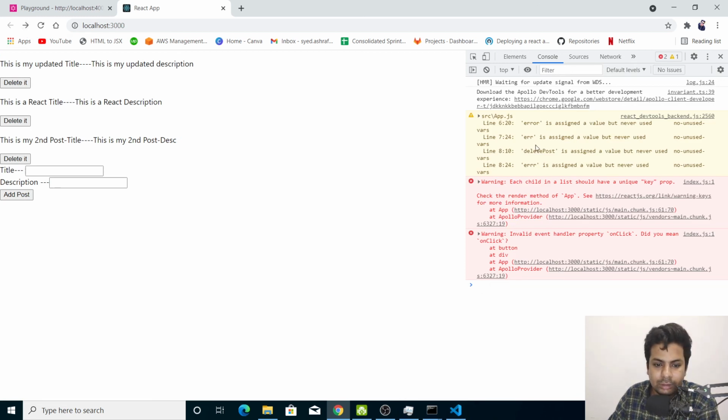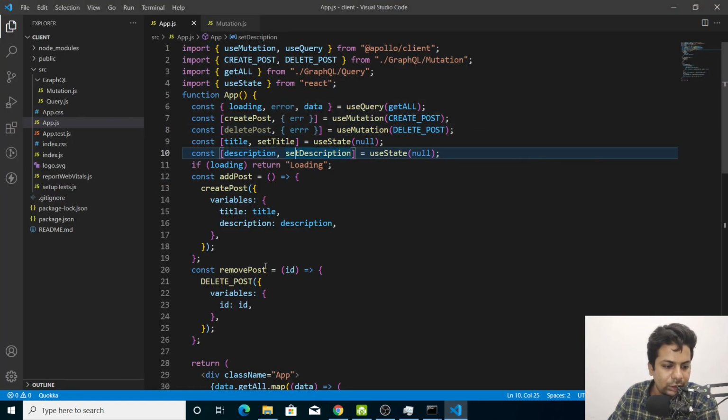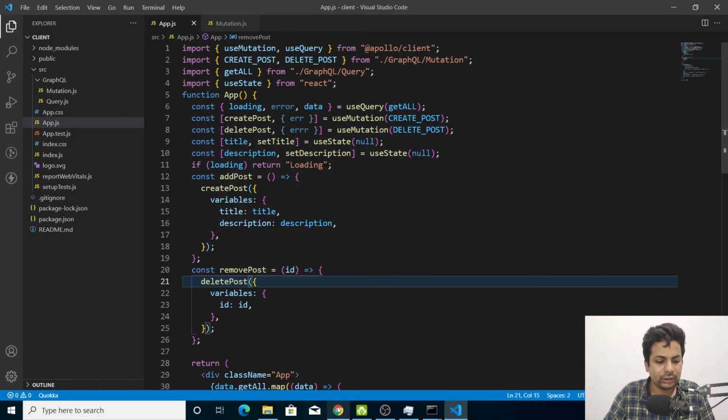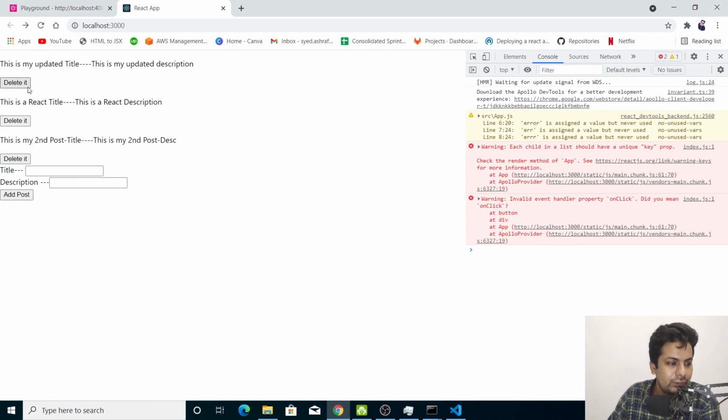Error: deletePost assigned a value but never used. Oh, sorry. It should be small deletePost. That's what I was wondering. Yeah, now it's fine. Now if I reload it, and if I delete the first one, I think it's got deleted. If I reload it again, it's there.